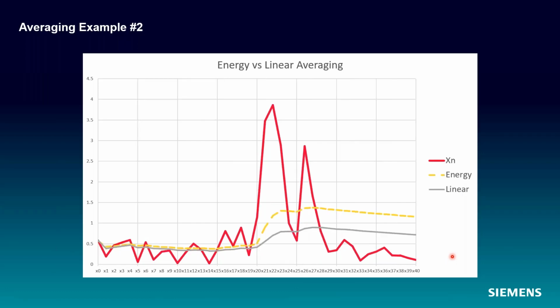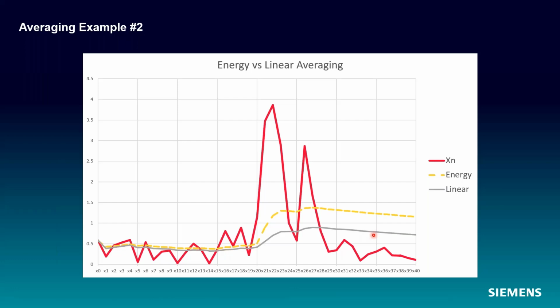So if I were to calculate a linear and an energy average versus data point, so again, as we're progressing through time, the energy average is the dashed yellow line and the linear average is the gray solid line. And as these data points get added, you see when all the values are this low, sort of background noise level, the averages are pretty similar. But as soon as we have a big value pop up, the transient event happens, my energy average differs more significantly from my linear average because I'm squaring these high values. So as I progress through time, you see my energy average sort of stays higher than my linear.